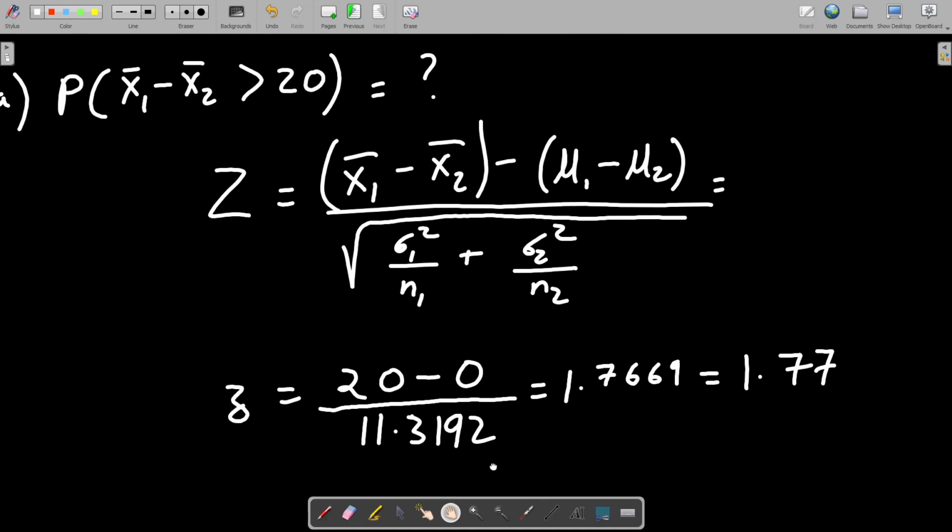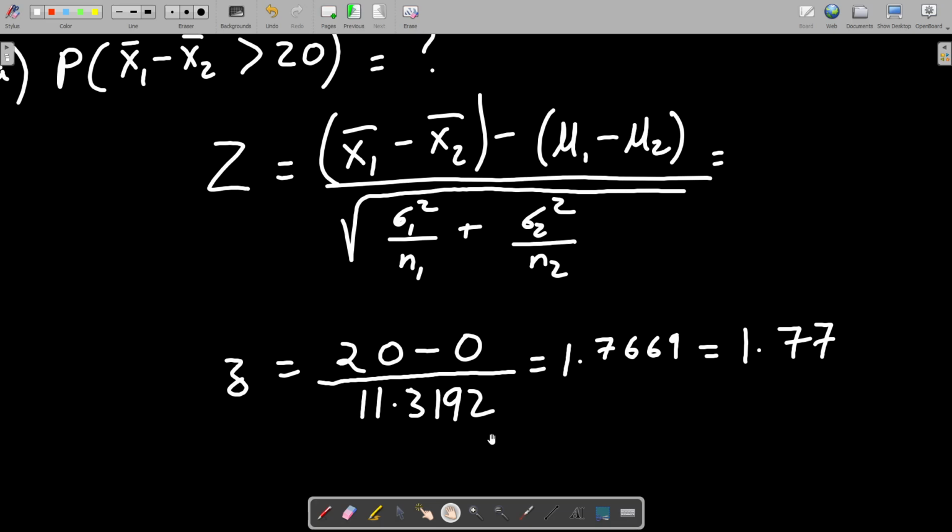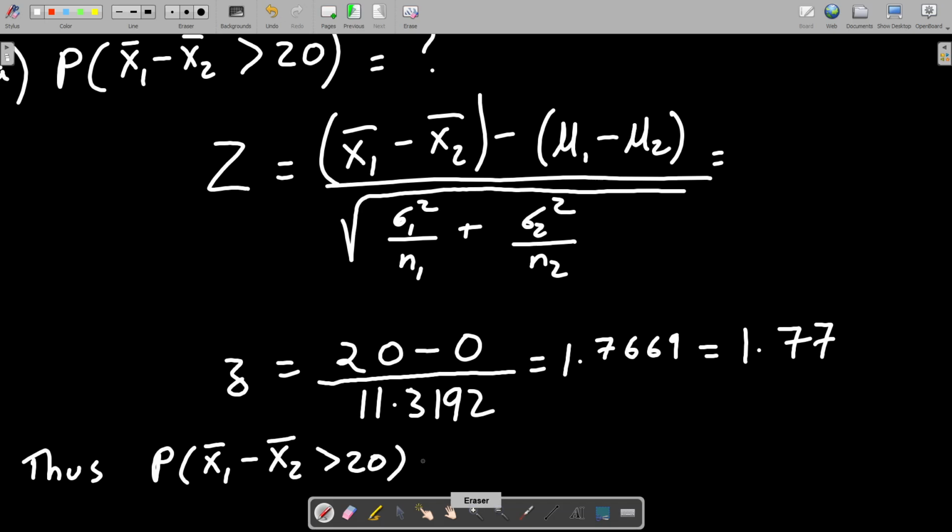So now, thus, after changing the variable from x1 bar minus x2 bar, this is going to be equal to